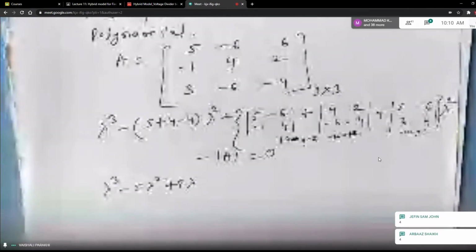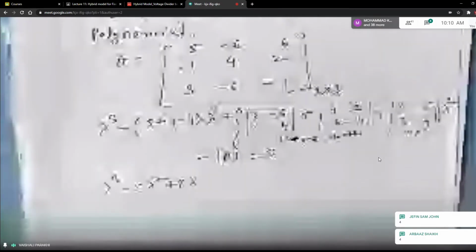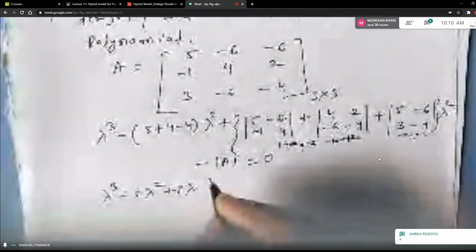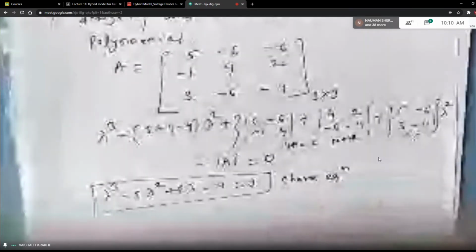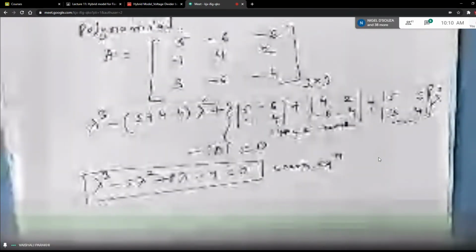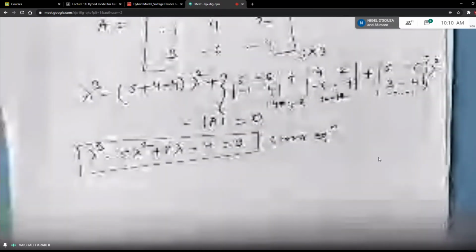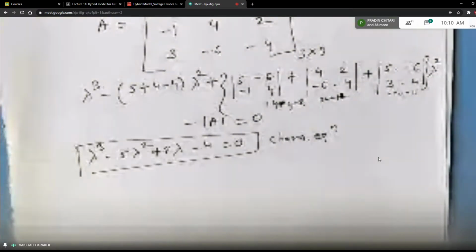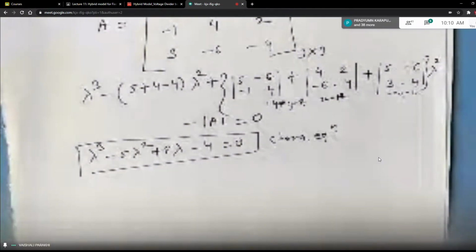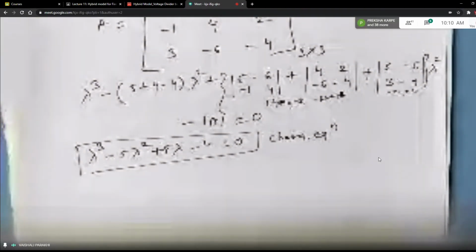Okay, tell me quickly what is the value of the determinant, which you can do on the calculator. What is the value of the determinant of this matrix, students? It is 4 plus 4, right? Very good. But the minus sign is inbuilt in the formula, and this is your characteristic equation. Now do it on the calculator and tell me what the roots of this equation are. How many roots should you get? 3 roots, because it is a cubic equation, equal to 0. Are you getting 3 roots on the calculator?